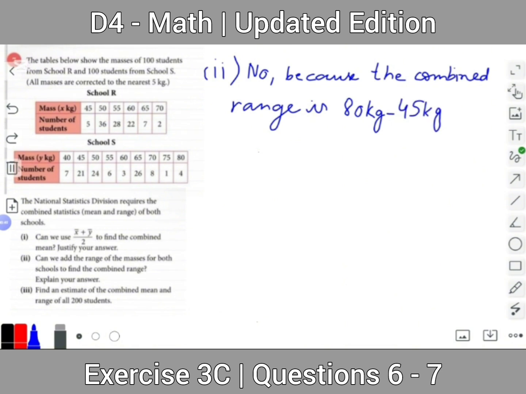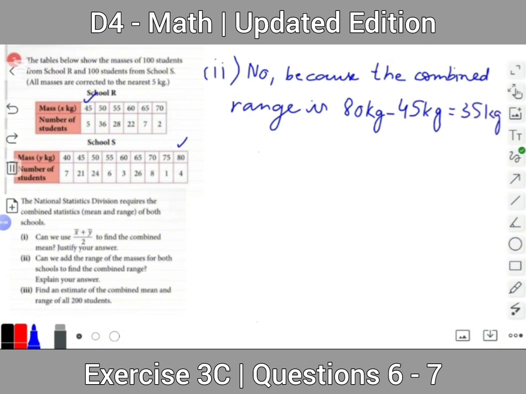We have taken these two values just because the highest data value is for the school S and the smallest data value is for the school R. So we have 80 kg minus 45 kg, and it will give us 35 kgs